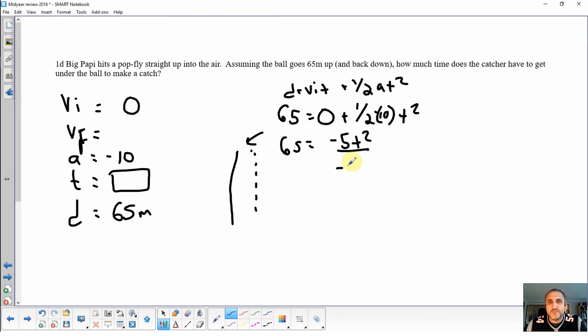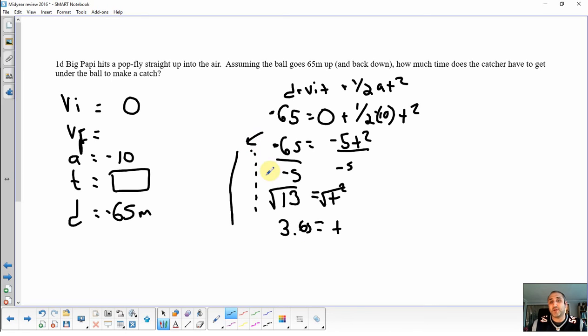We're going to divide both sides by -5. And then we will end up with T squared equals, now here's the trick. This is 65 meters, and it goes 65 meters high, right? Well, we're looking at it from the top, and it's going to fall 65 meters, which means this is actually a -65 meters. Okay? Now, -65 divided by -5 is going to give us 13. Positive 13, which is really important because we're going to need to take the square root to get the time. Okay? And T, if you take the square root of 13, you end up with 3.6 seconds,